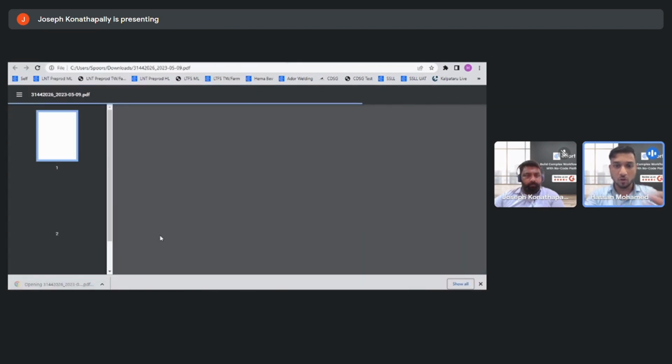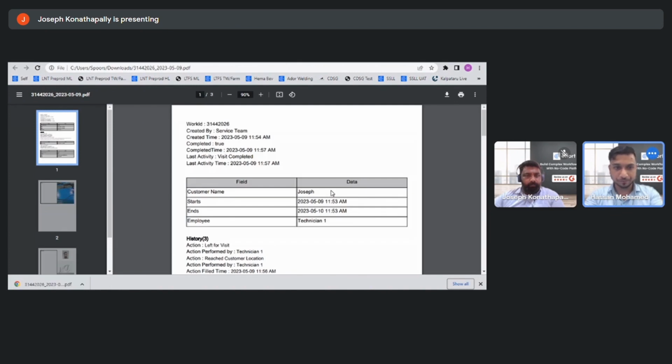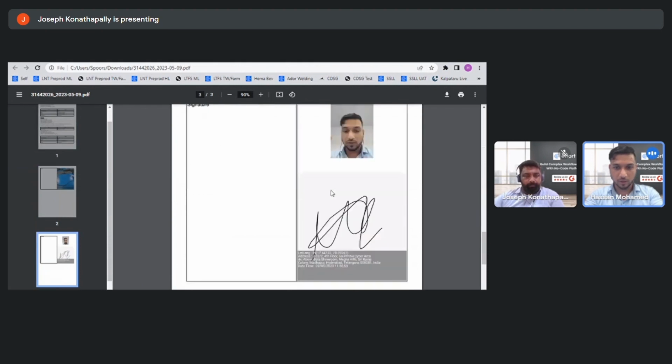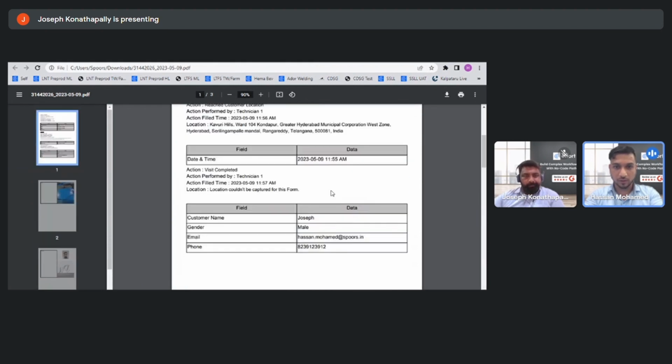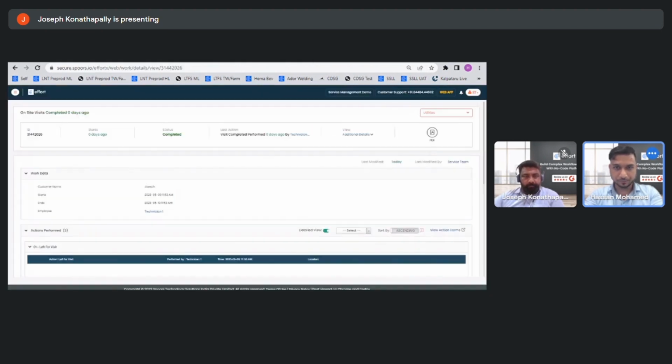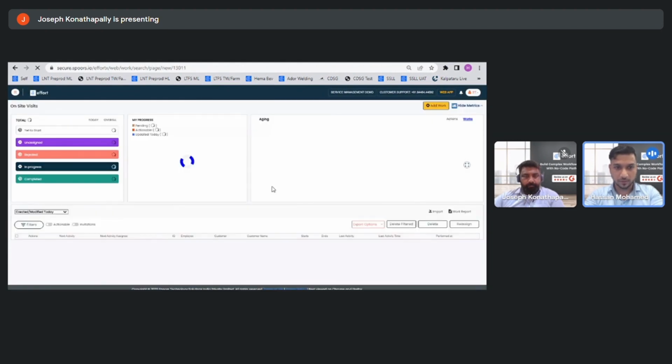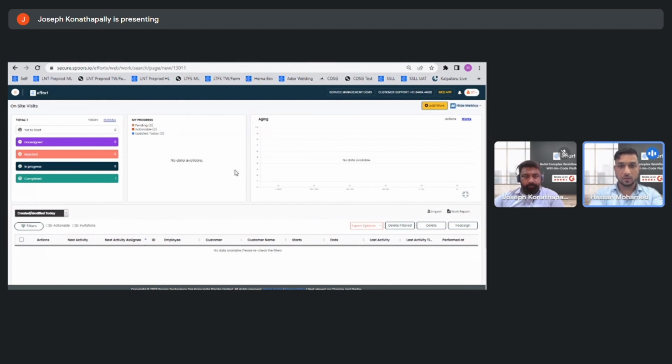If you have your own design, you can get that design as well. And so if you see here, all the details will be captured in the PDF accordingly, right? So all the signatures, all the images will be captured here itself. Now going back to the home screen of on-site visits, the dashboard that it shows you